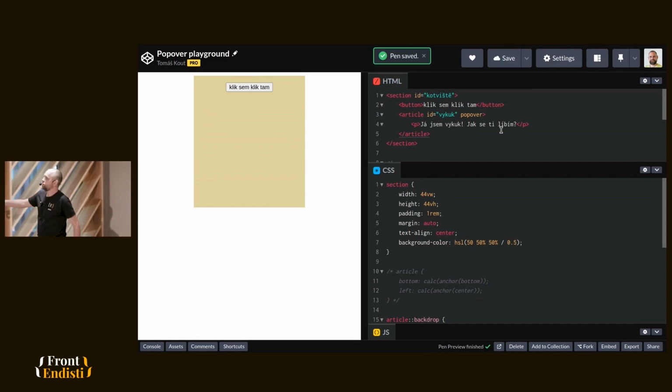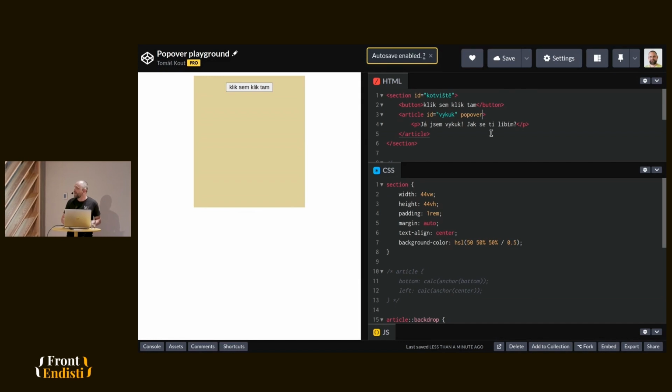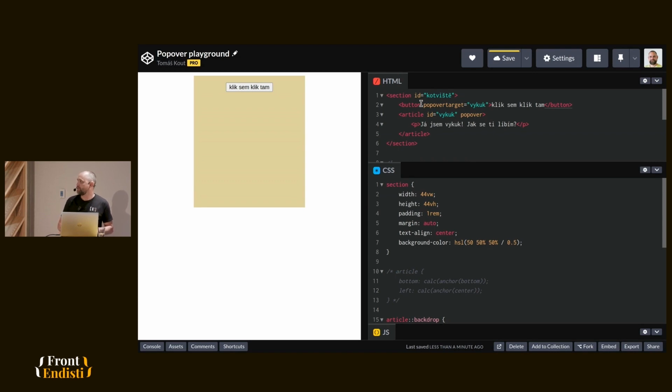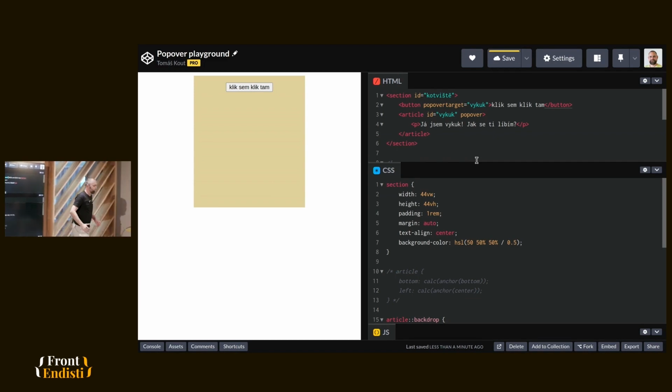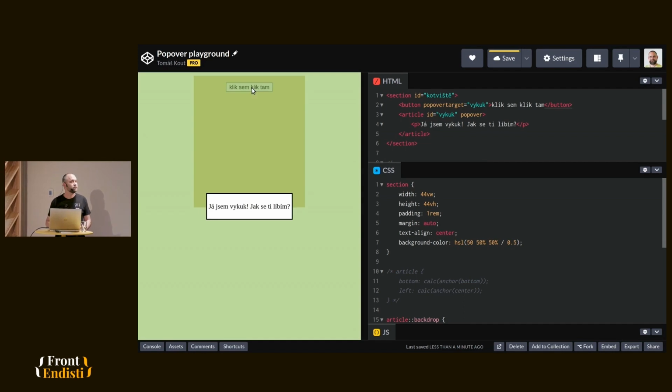Suddenly, that stuff disappeared. Then I will add another magical attribute to the trigger, which is the button. And it's called popovertarget, so it's very clear. This value must match the ID of the popover. Simple. And I'm done. This is native popover in HTML.